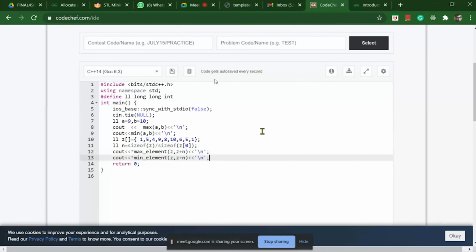That means if we take the number of elements inside the array, and sizeof(a[0]) gives the size of the first value, then when we divide sizeof(a) by sizeof(a[0]) it will return the number of elements that we have defined inside our array.